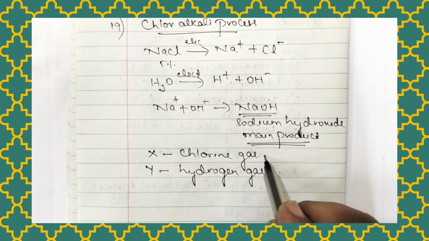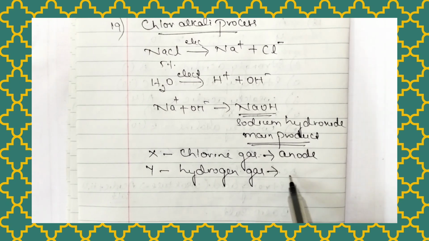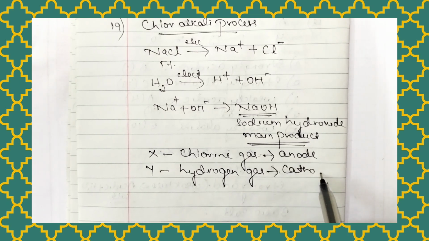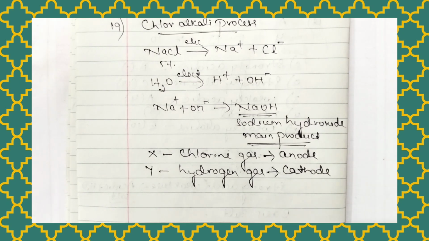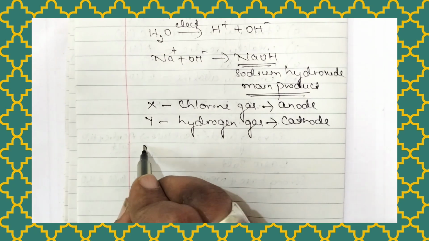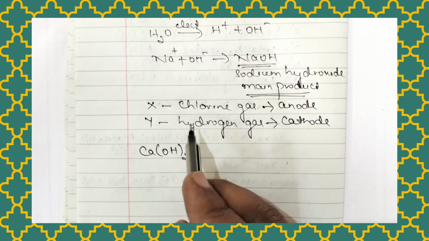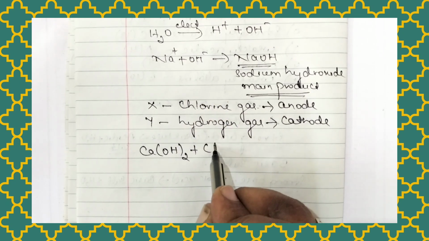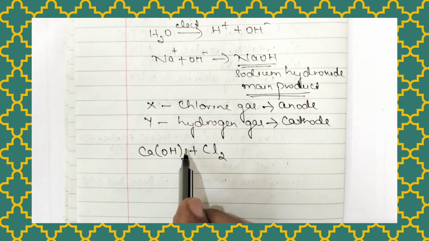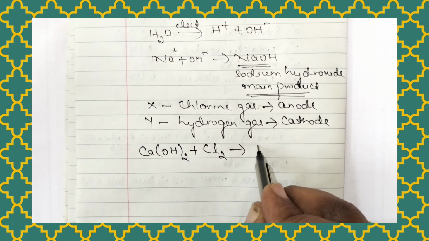This chlorine gas is collected at the anode electrode. Hydrogen gas is collected at the electrode called cathode. One of these gases reacts with dry calcium hydroxide, and that gas is chlorine. When chlorine is passed through calcium hydroxide, we are getting